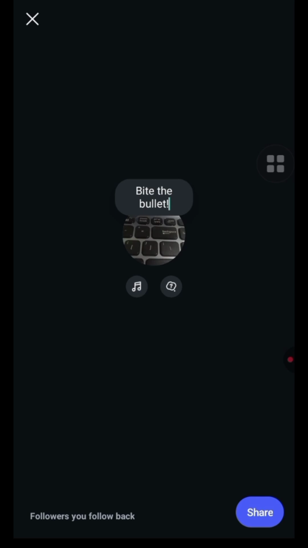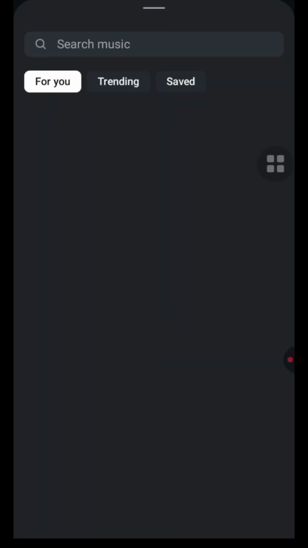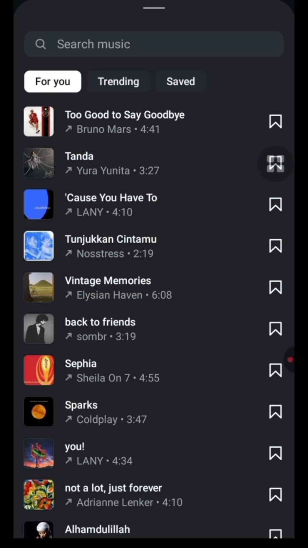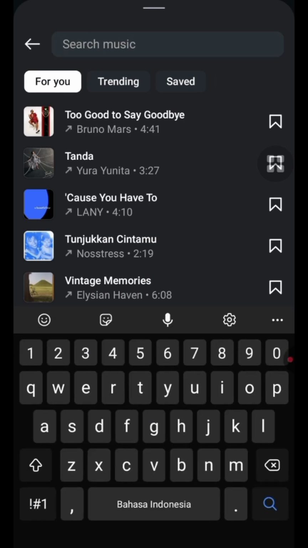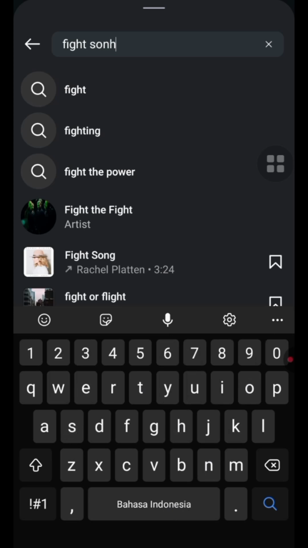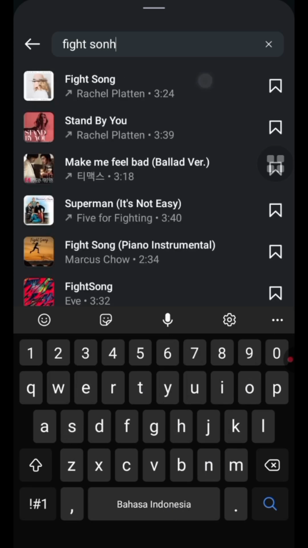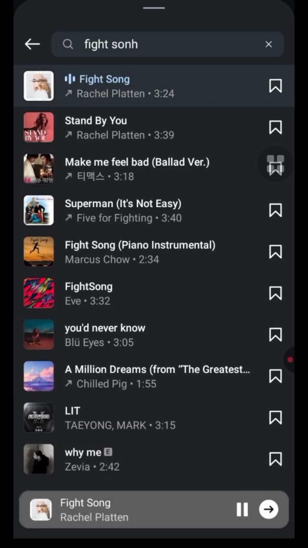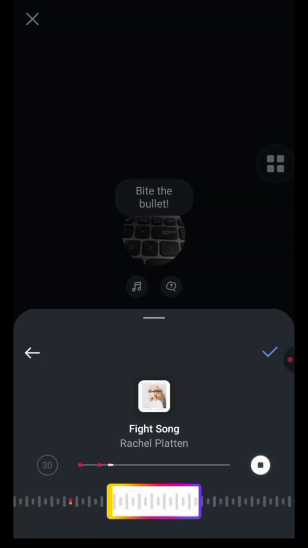We tap the music button like this, and you can search the music. I will choose this song, and then you can select the part you want, but just keep in mind you can only use 30